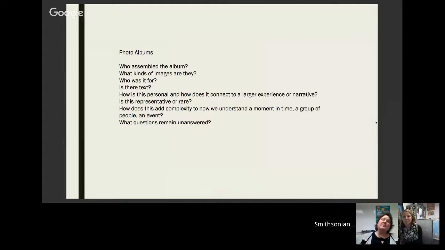So again, photo albums are something that people are familiar with, that they are in abundance. They're not all equally created, so to bring them into the classroom, you need to do a bit of study and think about which ones are appropriate and which ones have enough meat there. But here are some of the questions that I think about when I'm looking at albums and